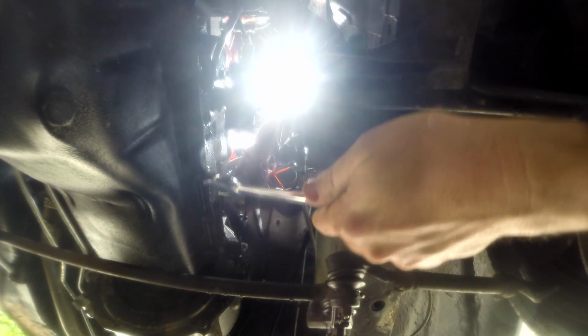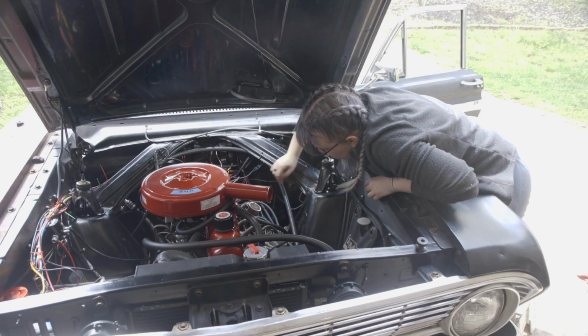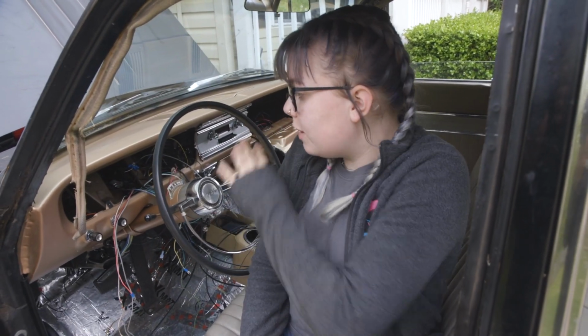Does that feel like it's going okay? Yeah. Oh, good. We're getting pretty snug. I think there's no way oil's coming out of that. I can't see it. Here, I got you. Bingo. Nice. Okay, so now that all of the sending units and wires have been run through, it is time